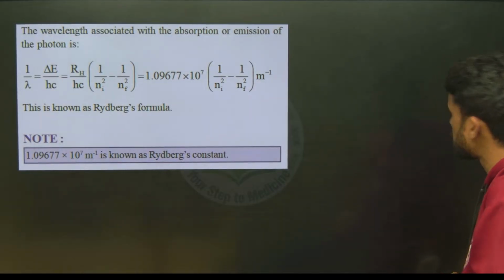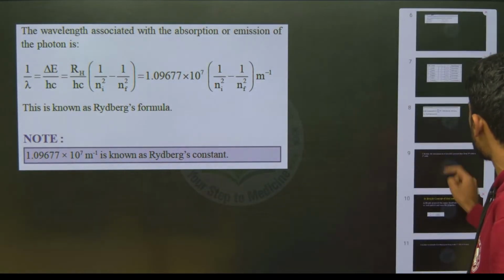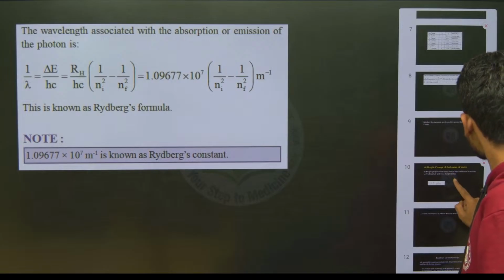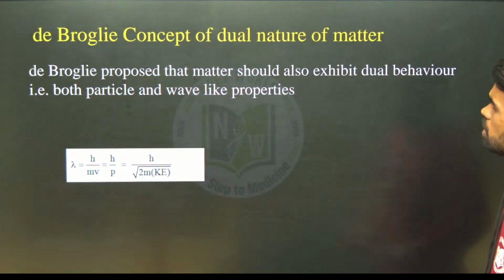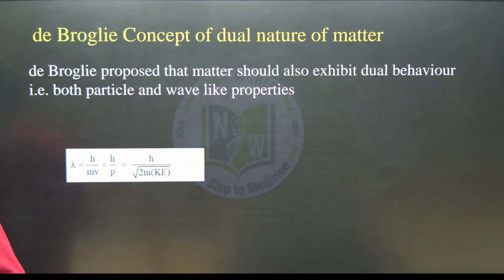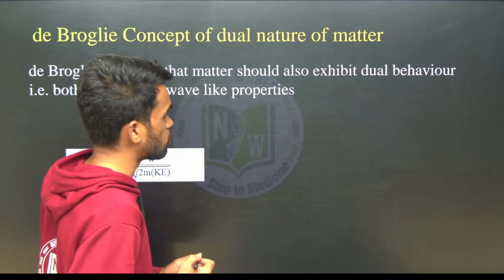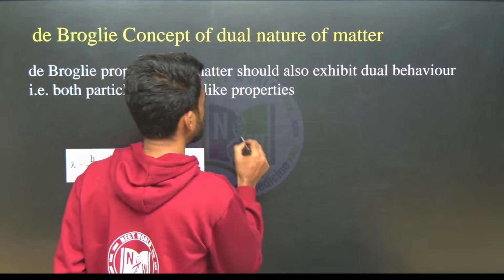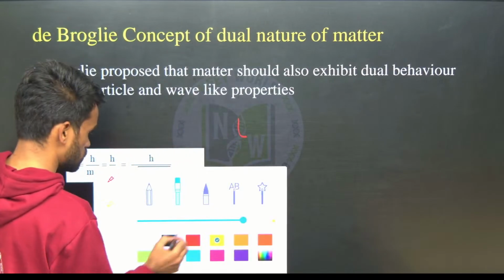After that I have given Rydberg's equation and all. So now look at this. What are we going to study today? De Broglie's concept of dual nature of matter. So from Planck's quantum theory, what do we have? Energy is considered as energy equals to,